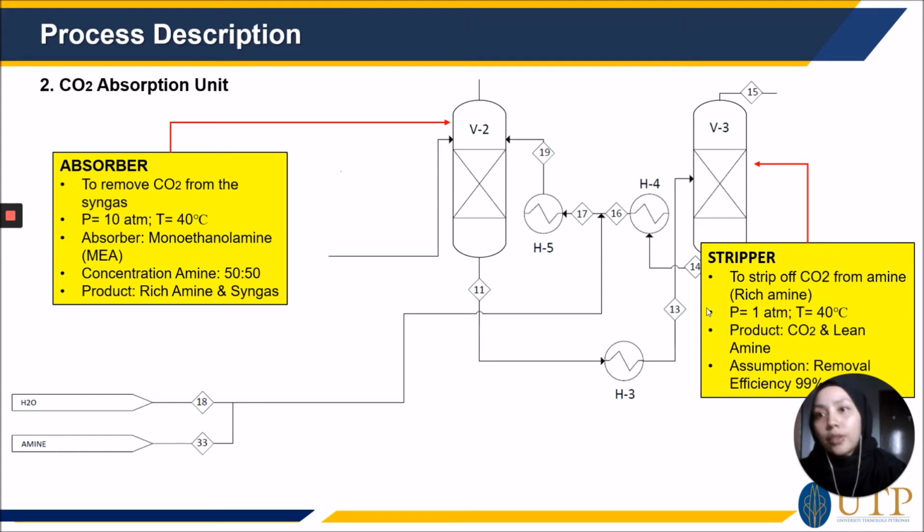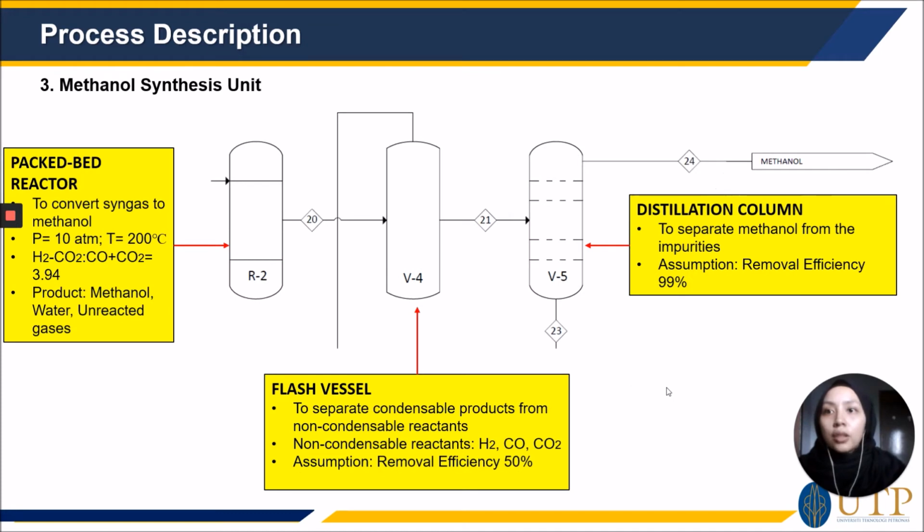The next one is for methanol synthesis unit. The methanol synthesis unit consists of 3 units, the first one is packed bed reactor. The packed bed reactor is to convert syngas to methanol. As we already separated the carbon dioxide from the syngas in the carbon dioxide absorption unit, the syngas will go to the packed bed reactor for methanol synthesis, where the operating condition is at 10 atm with temperature around 200 degrees Celsius. From the literature review, the ratio of the